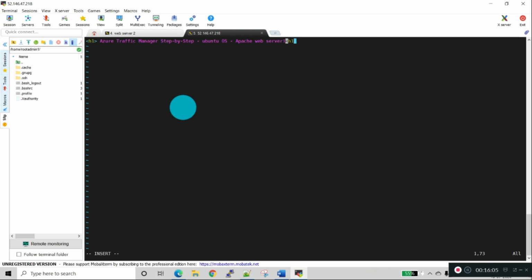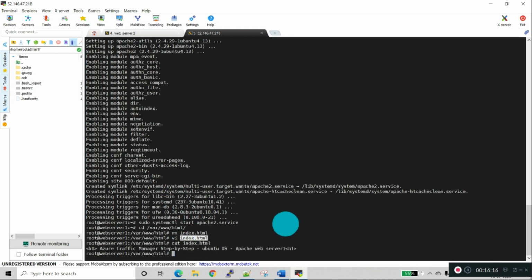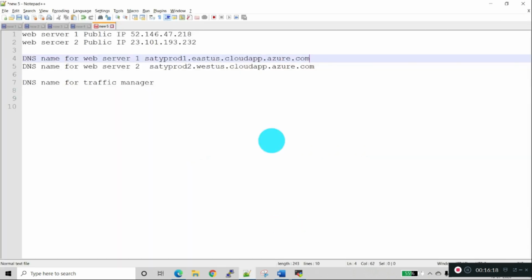So this is web server 1. So I'm making the change. So let's see if the file change is saved or not. Yeah, it's saved. So now we will check both the servers are running.